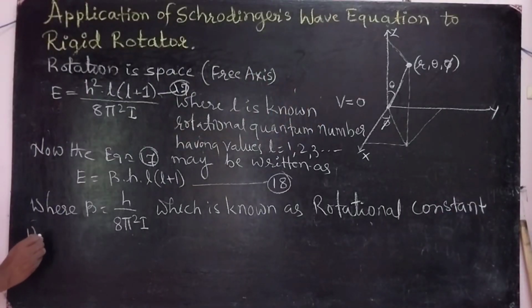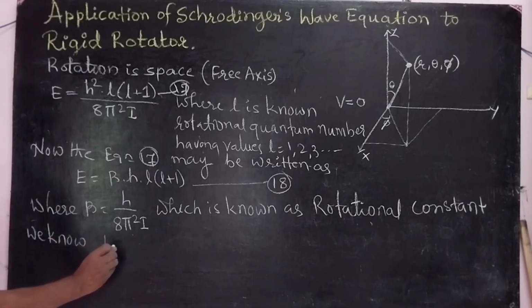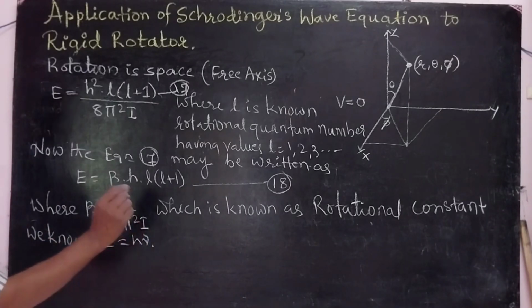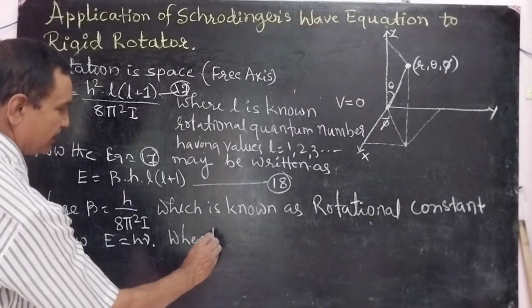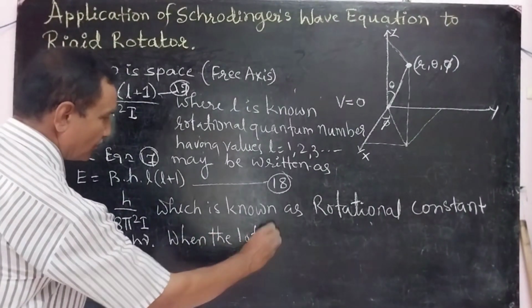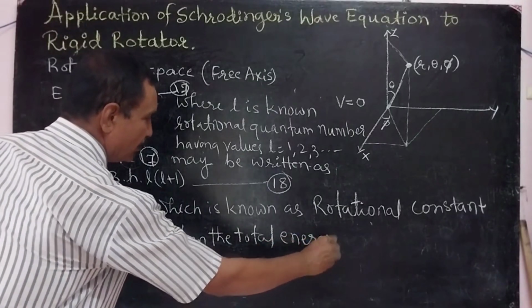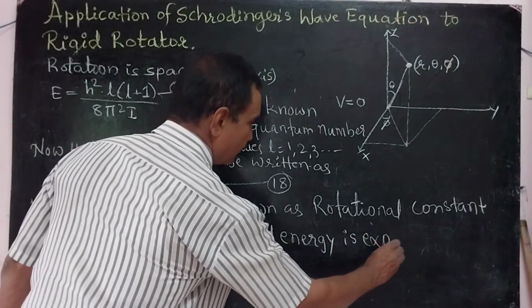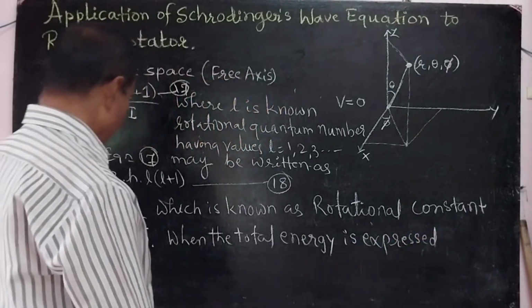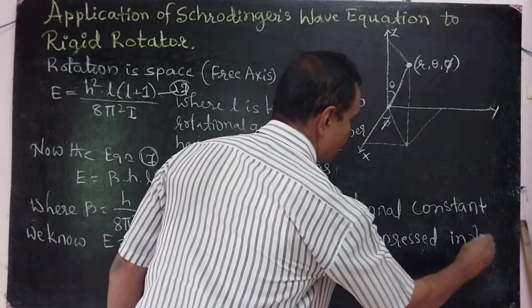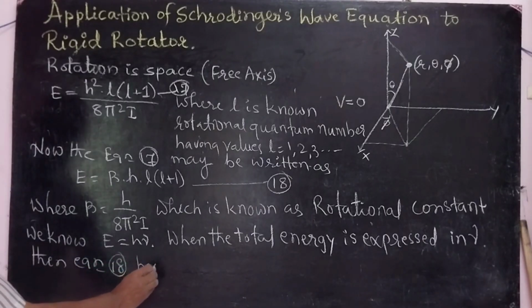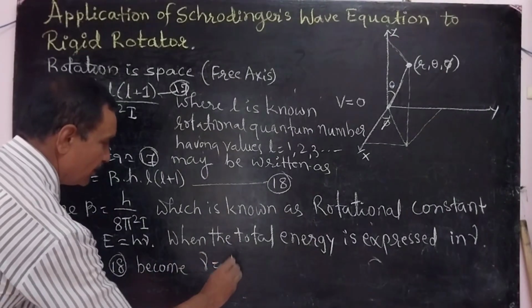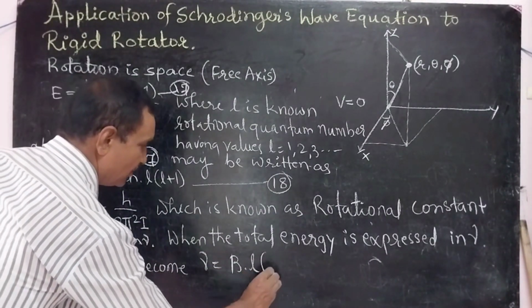We know E equal to h nu. And the total energy is expressed in nu, then equation 18 becomes nu equal to beta into L into bracket L plus